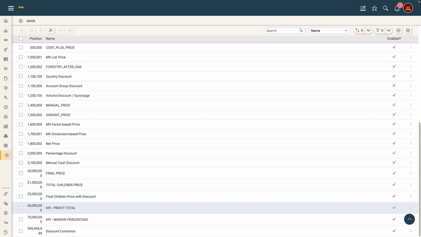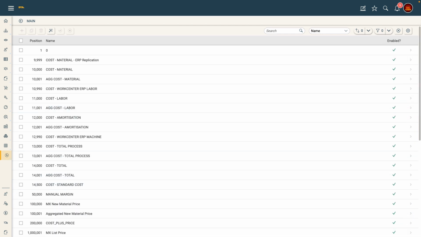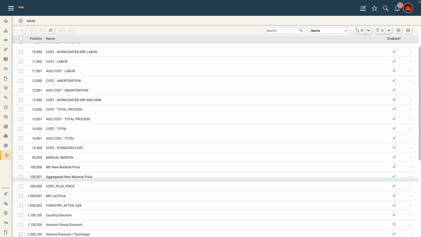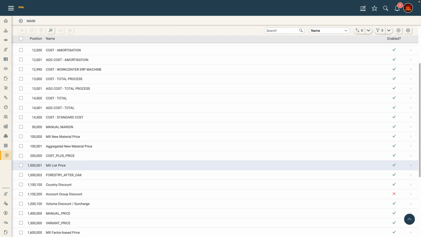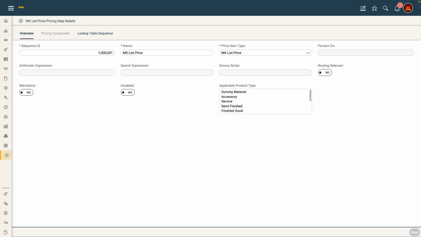And this determines how the price is calculated. This can be set up by the customer in whichever way he wants. So here an example for the list price. First of all, a pricing step can be defined for a certain product type. So there might be different kinds of products, service products, subscription, components, spare parts, for which a certain pricing step